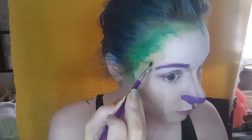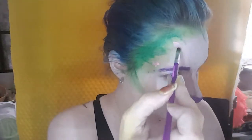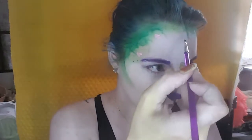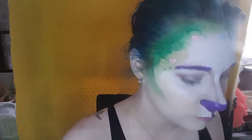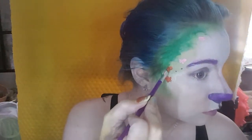Alrighty, and now I'm just going to pat to see if it is ready, and we are good to go, and we're going to start adding in some little flowers. Now, if you're a perfectionist, you can feel free to add in some really beautiful hawthorn flowers, but I am going with some regular face paint, and I'm just making some hawthorn-esque flowers, and I'm going to use a couple different colors, some pinks, some blues, some oranges,